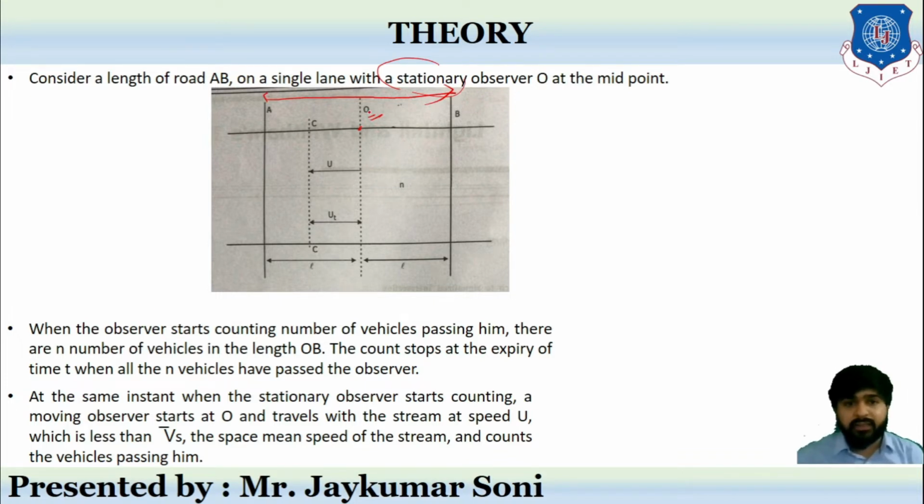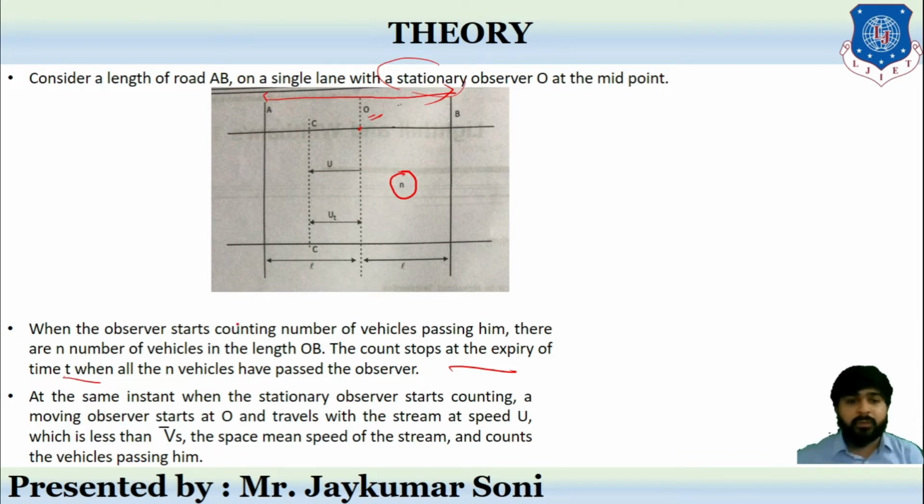there are n number of vehicles in the length OB. See, n number of vehicles in length OB. The count will stop at the expiry of time t, when all the n vehicles have passed the observer. Meaning when all the n vehicles have passed the observer at time t, the count will be stopped. Now, at the same time, when the stationary observer is counting, a moving observer, whose place is being changed,